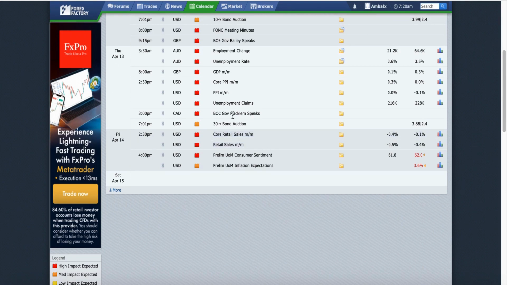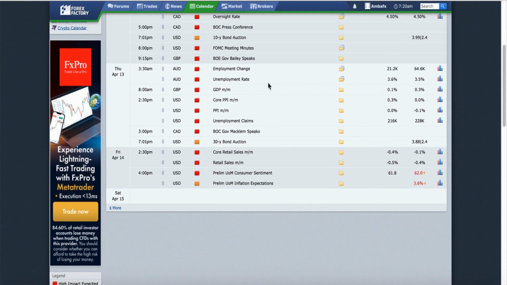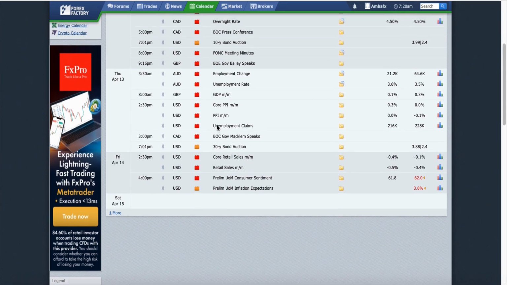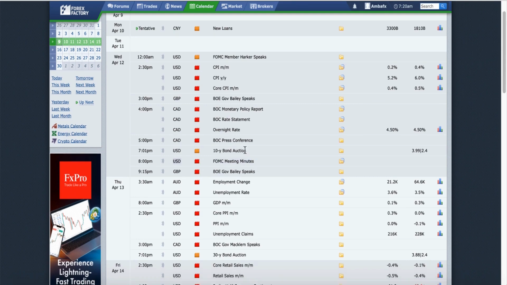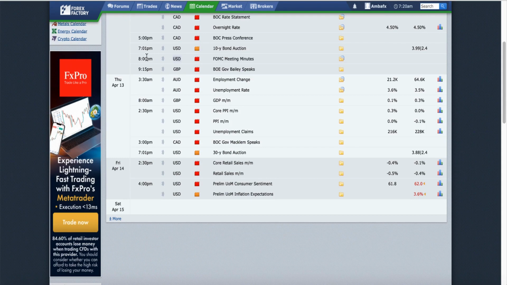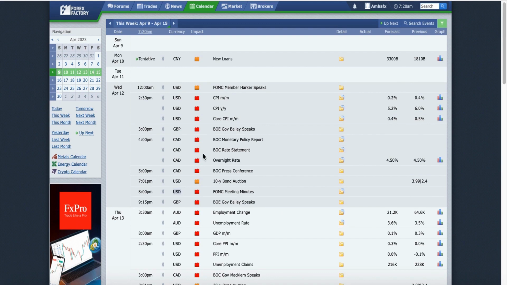And then the one we have on Thursday, the PPI and the unemployment claims. Don't forget, on Wednesday too, we have the FOMC meeting at 8 p.m. This meeting always moves the market, so it depends on what they say this week. You will see the impact in the market. It's 8 p.m. Nigerian time, that is when they're going to release that news. So that is all we have for fundamentals this week.